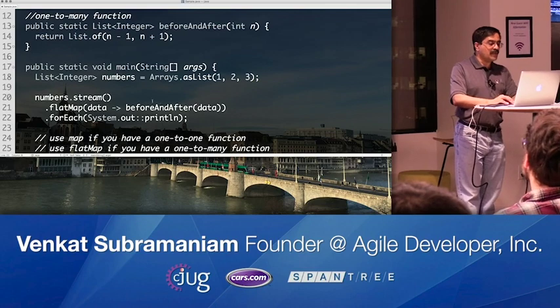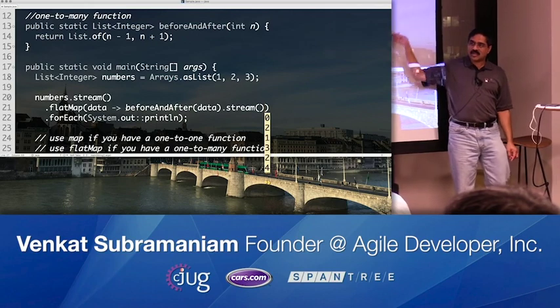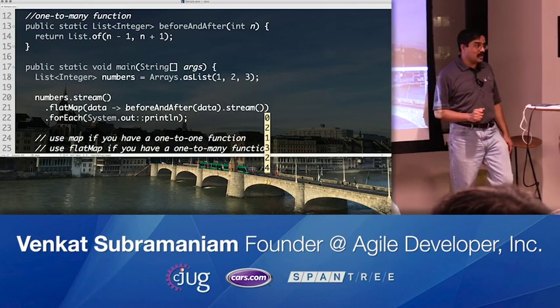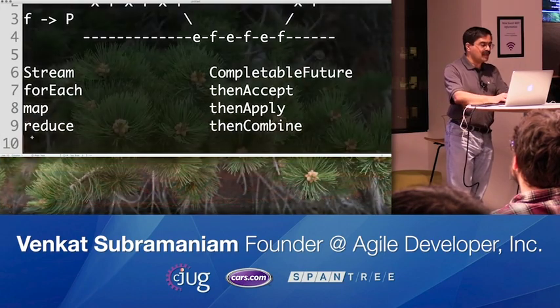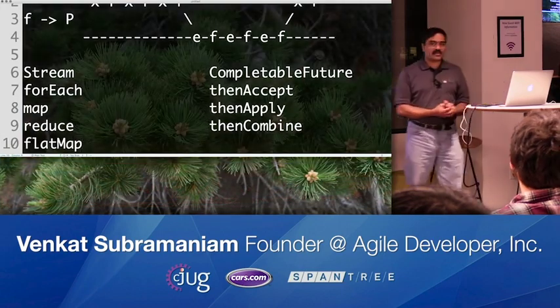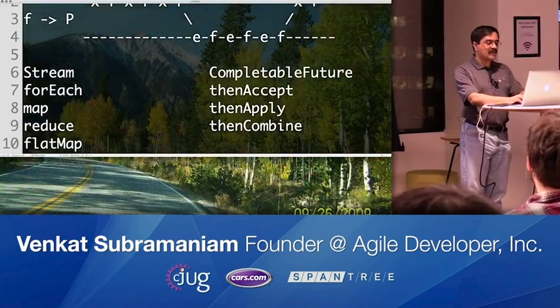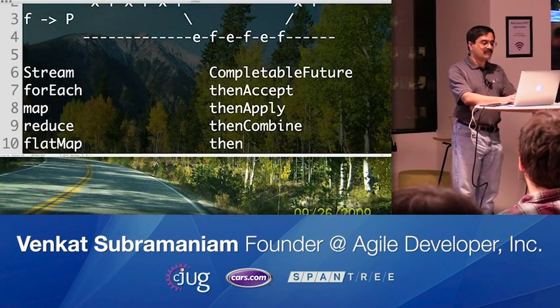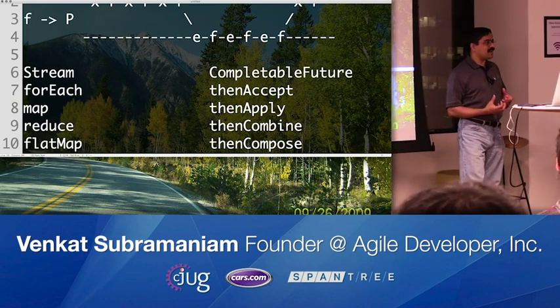So what am I going to do here? I'm going to say flatMap, and I'm going to go here and say dot stream on it. So when I run this, you will see it's no longer an array. It literally is that stream of data. Well, so we have a nice little flatMap when it comes to streams. And that's exactly what thenCompose is. So the thenCompose is the equivalent of flatMap.